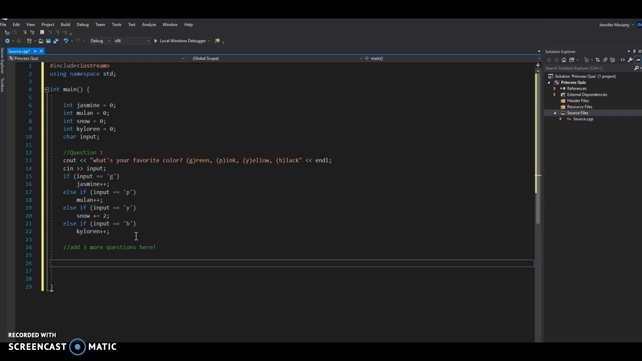Okay, and then let me show you how we finish it up. So let's assume that we've already asked all those questions. What we're going to do is a test at the end to see who has the most points, and that's going to determine what princess they are. So I'm going to check, I'm going to say,